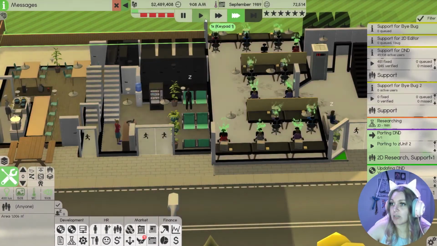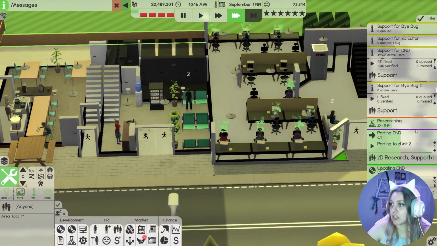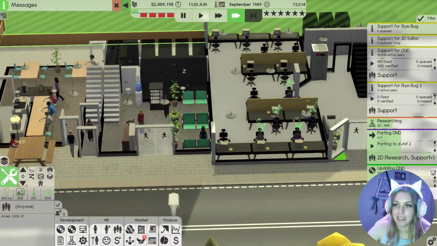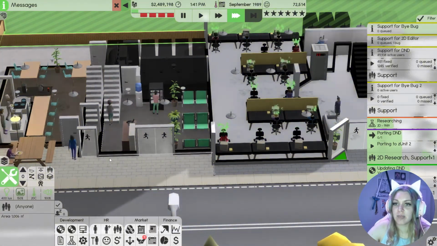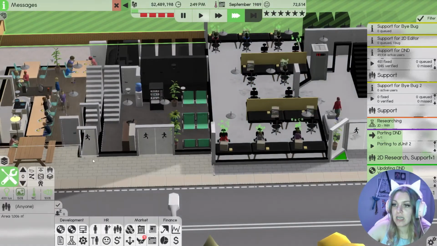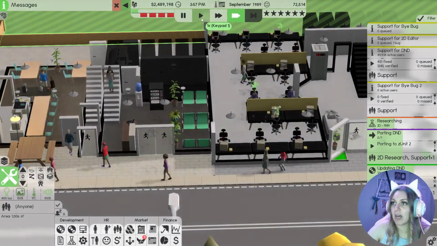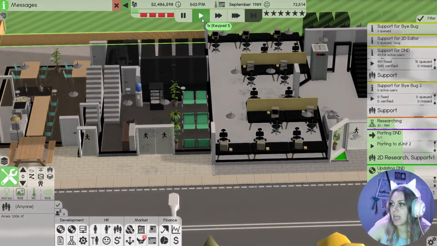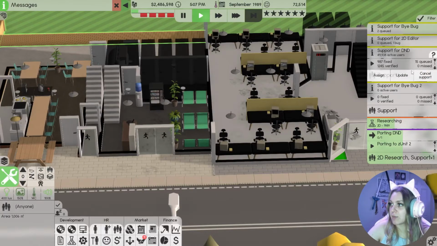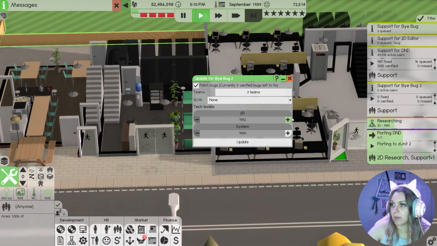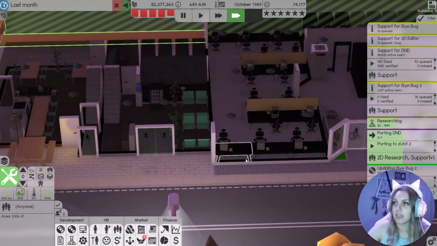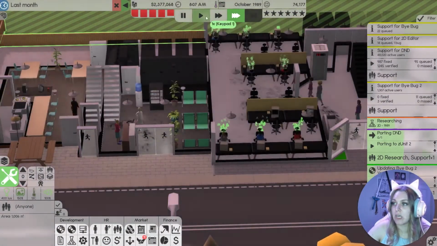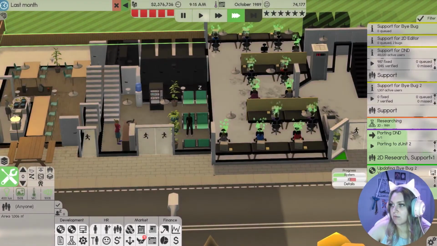But what I would really love is the opportunity to get our marketing team up and running. I kind of would love this to be either the support or the marketing building, so that might take a while. I know we've been at this game for almost 10 years in game, which is ridiculous. Let's finish that update, and then start on our update for Buy Bug 2. Hopefully that'll be done soon enough. We are plummeting in sales, plummeting. That's not good.